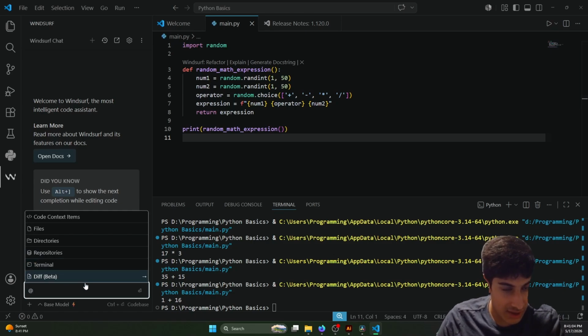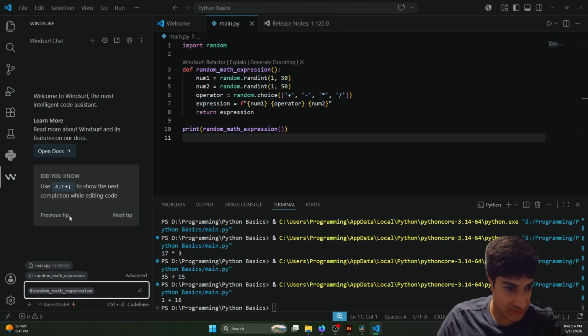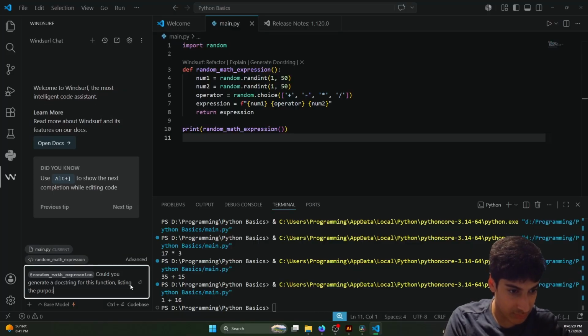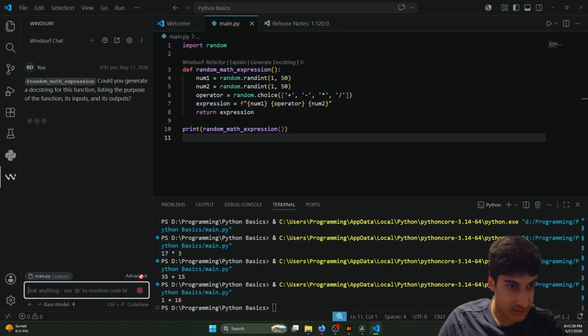So in order to do that, we can use the at symbol in the chat, and then focus on the random math expression function here, and then say, could you generate a docstring for this function listing the purpose of the function, its inputs, and its outputs. And then if we were to send it,